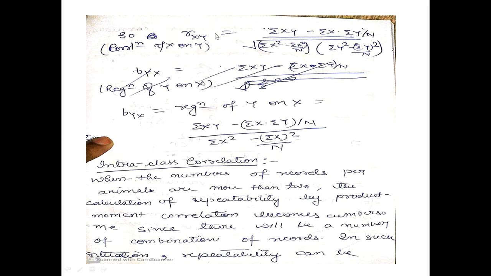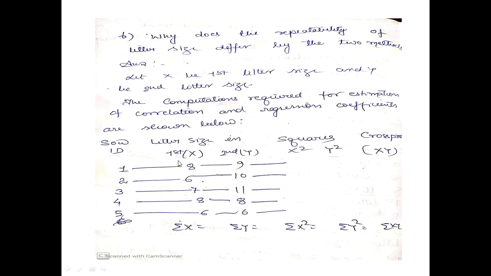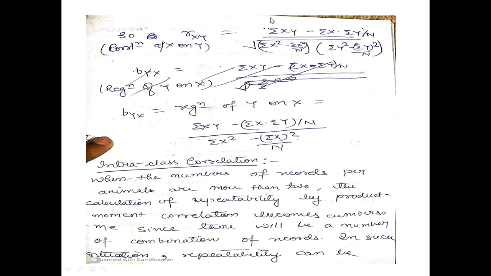How will we find out repeatability by the correlation method? If we say x is the litter size in first farrowing and y is the litter size in second farrowing, we will similarly calculate summation x, summation y, summation x square, summation y square, summation xy, which I leave to my students to calculate. They have already done it on an Excel sheet when they were calculating it for heritability, and then they can straight away substitute the values to find rxy, and similarly byx can also be found out by regression of y on x.